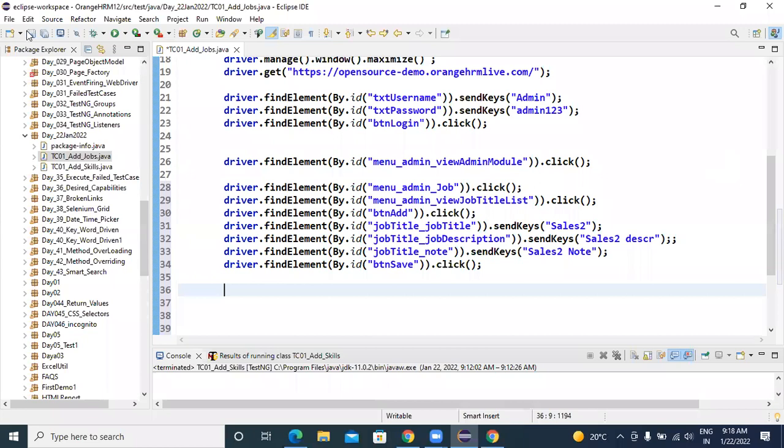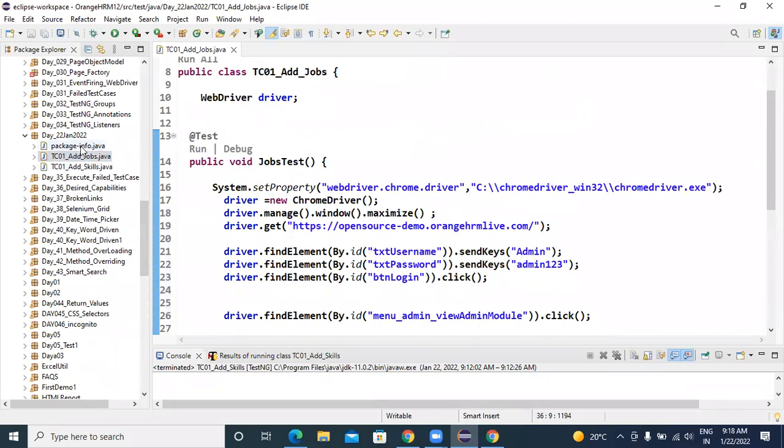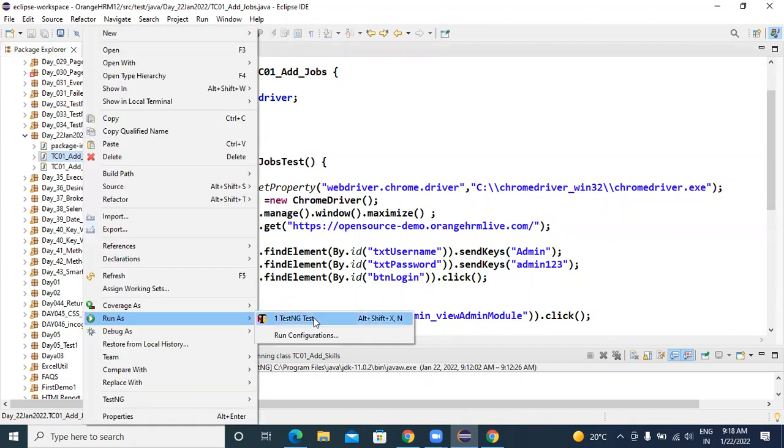Okay, I'm saving my program. So let me go and run this program. Okay, right click, run as TestNG test.